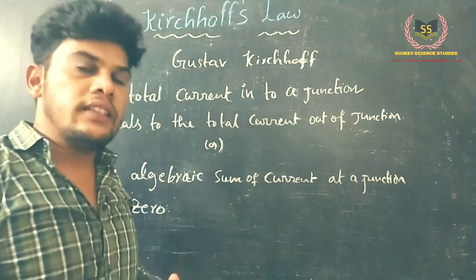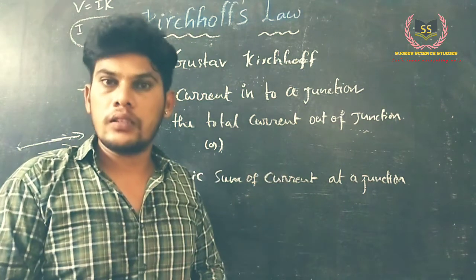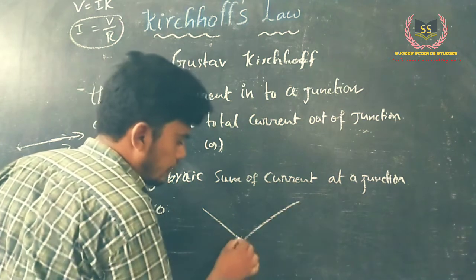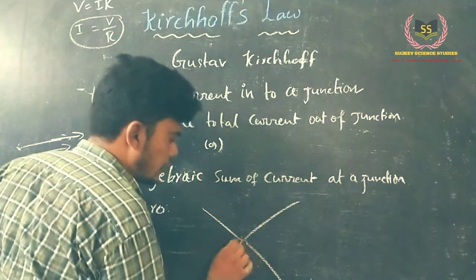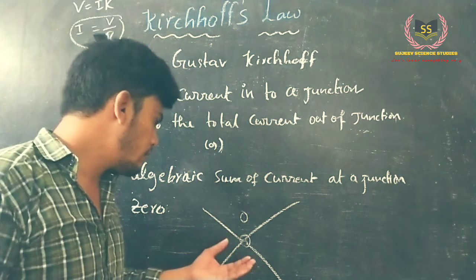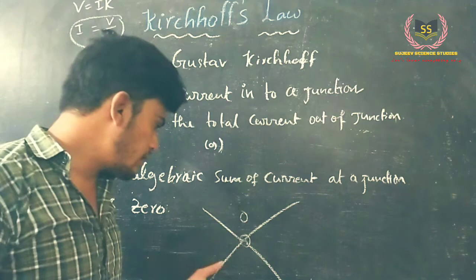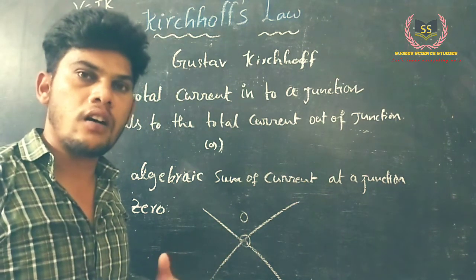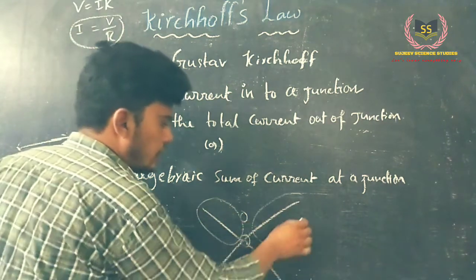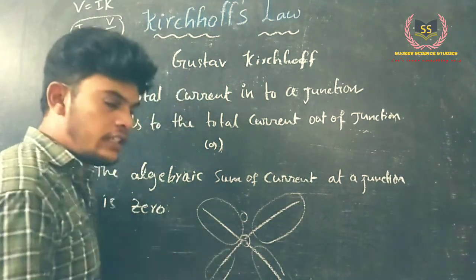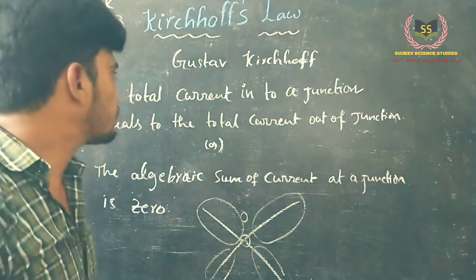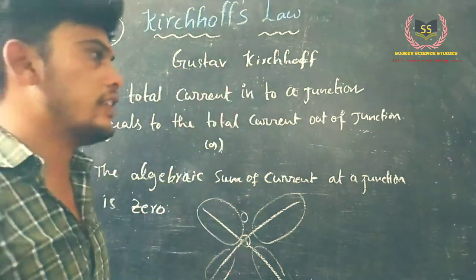And if there is more than one conductor, this is one conductor, this is one conductor, this is one conductor, and this is another conductor, and they meet at a point O, then how can we find out the current flowing through this junction by using Ohm's law? We have to find out individually for each one. It is so difficult, you know. That's why, to make it easy, Gustav Kirchhoff